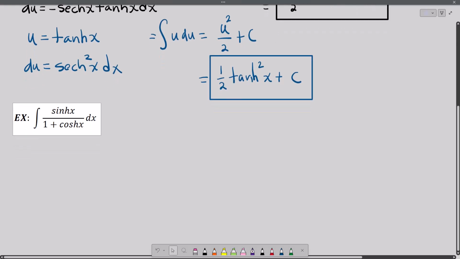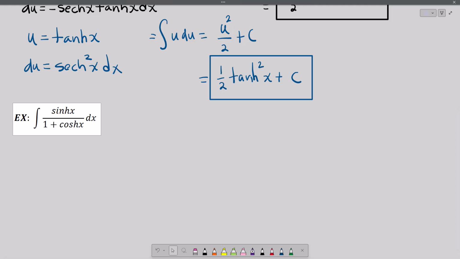All right. Do this one in your head. It should take 3 seconds. Time's up. What form is it in? Log form. It's in log form. The derivative of the denominator, the derivative of 1 is 0, the derivative of cosh is sinh. So it's in log form. So this is natural log absolute value of the denominator